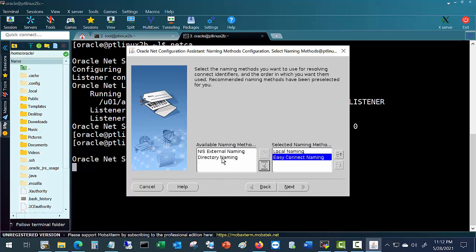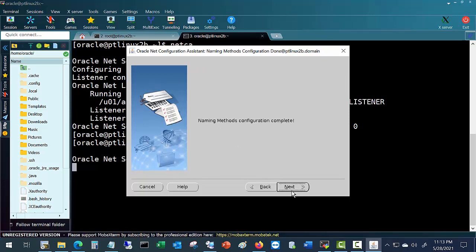Directory naming involves Oracle using Active Directory or Oracle Directory to connect. External naming is like biometrics, like iScan, and all kinds. But let's keep it simple with local naming and Easy Connect. Next, naming method complete,